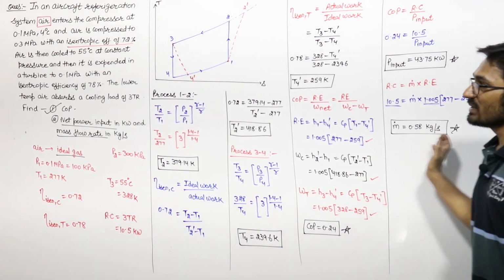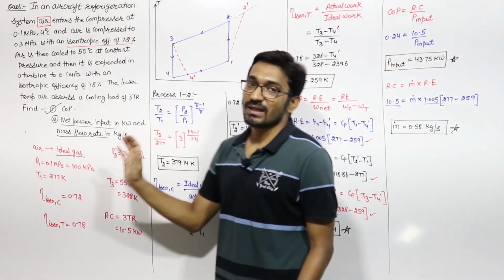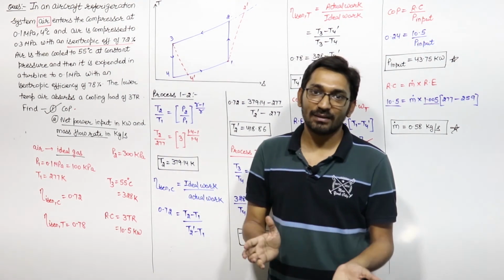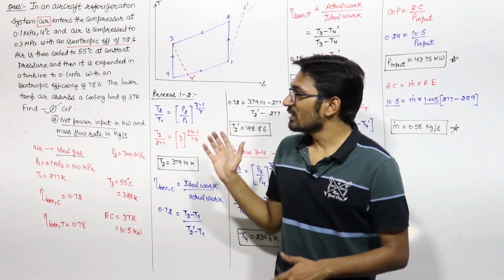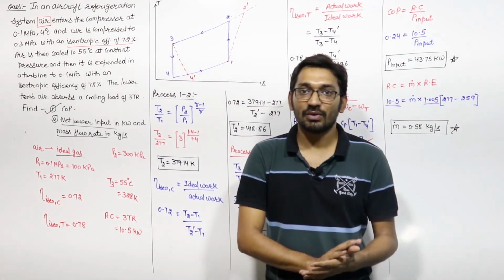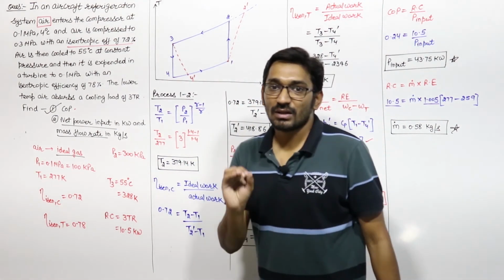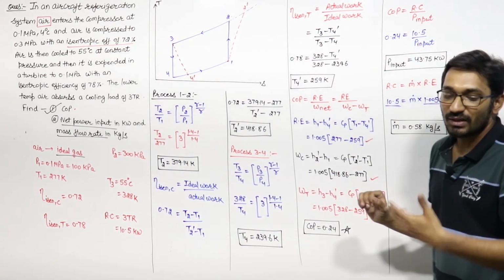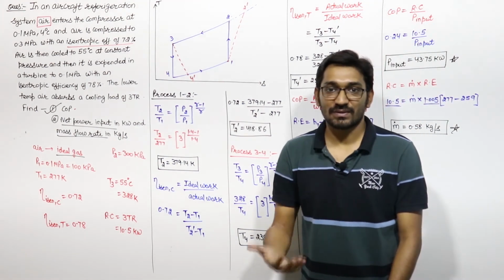So this is the way this kind of Brayton cycle question will be solved, right? Only this kind of question will be asked in the paper, nothing more difficult than this. So you will be easily able to solve this kind of question if your basic concepts of RAC and thermodynamics are clear, and you know how to use the different equations and what their assumptions are, right?